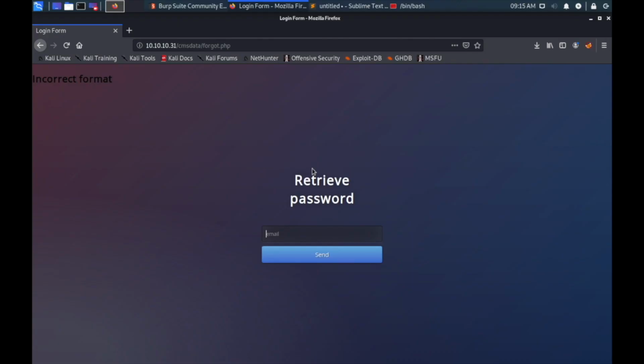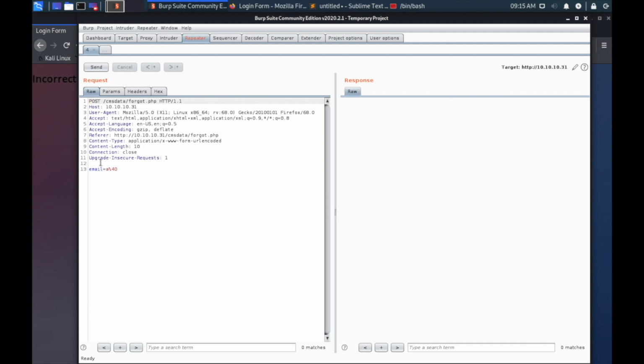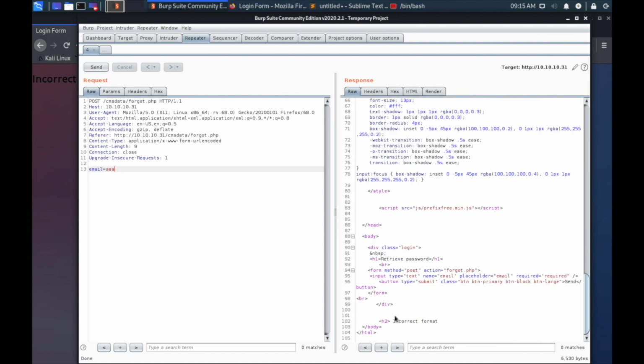Hi everyone. So in this example, we're gonna see advanced SQL injection exploitation manually on the Hack the Box machine Karen. The input area to write your email address on the forget PHP page is vulnerable to SQL injection. I already intercepted the request and sent it to Burp Repeater to see examples more efficiently. If I write some text in here, at the end of the page,